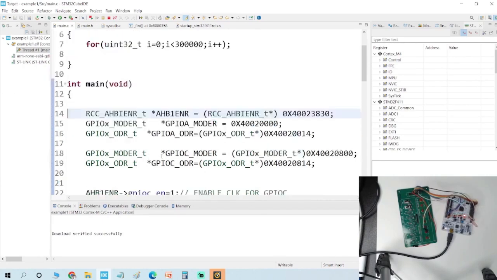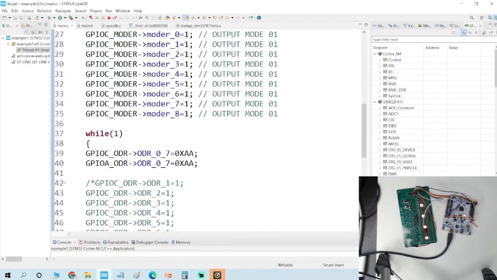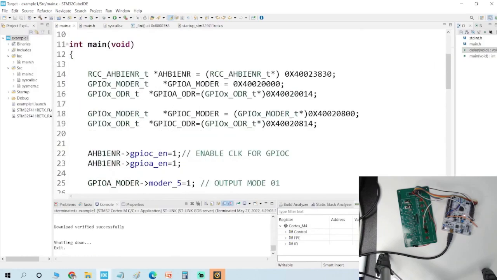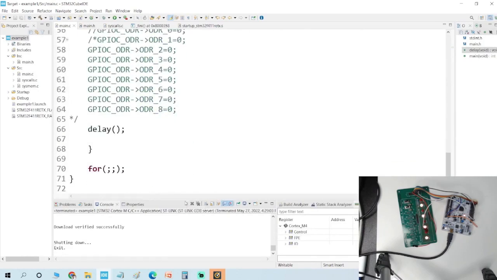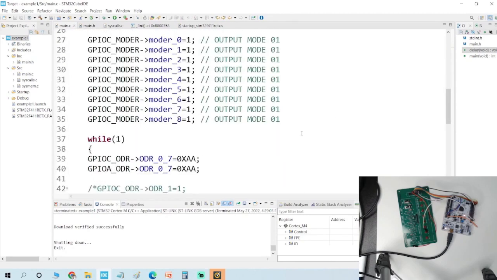So in today's class, we have gone through how to use structures and bit fields in the embedded C program. I hope it helps today. You have great learning, even though it is an LED blinking code, but the key takeaway from this lecture is how to use bit fields and structures for the embedded